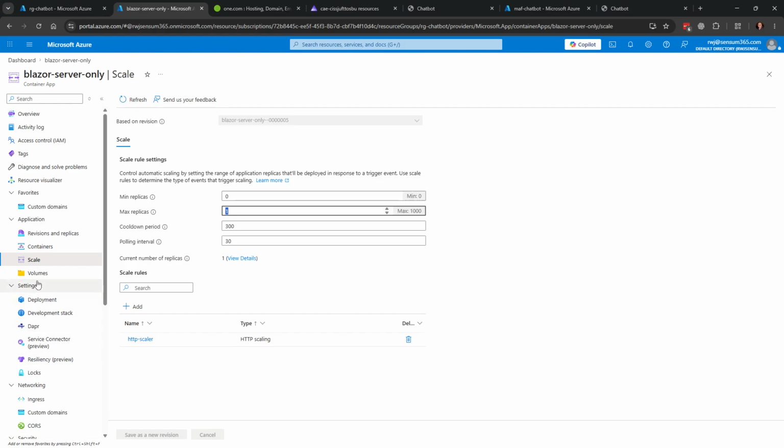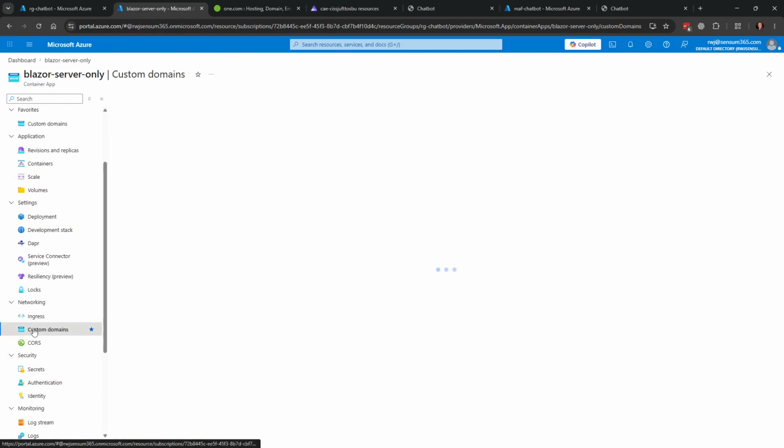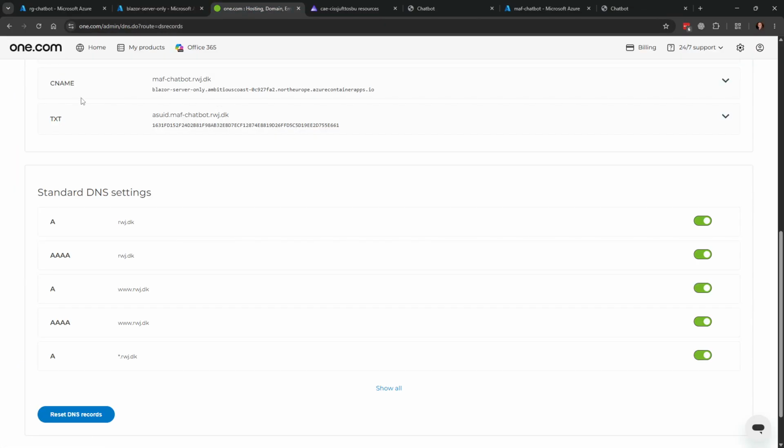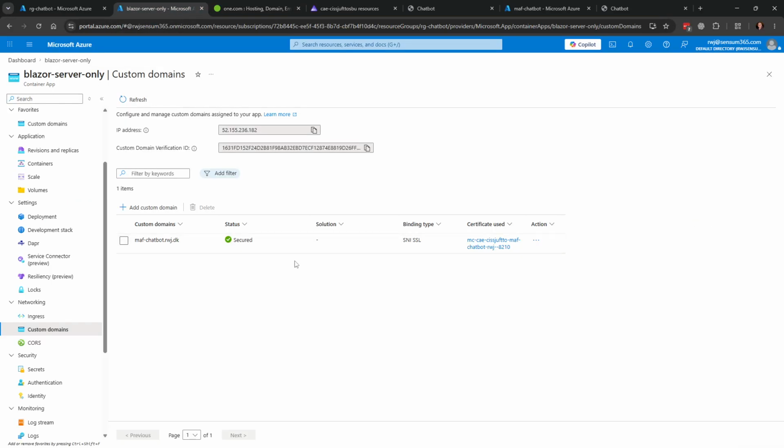But we have the option to add custom domains. So I have my own domain, rwj.dk, and I went into my hosting provider and made a CNAME and a TXT record. And doing that made it possible to add a custom domain here, which was nice.